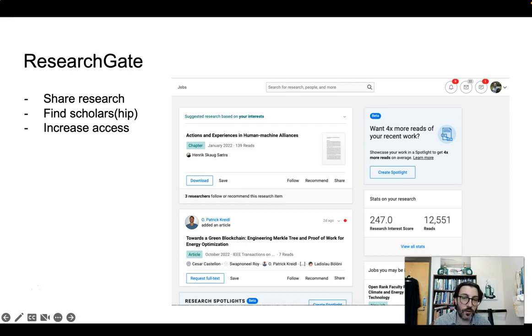And as I mentioned a few slides ago, this is a way that you can actually increase access, because people from the developing world and people from less affluent institutions can trawl through websites like ResearchGate, and they can find research that maybe they don't have access to through their libraries. But ResearchGate and others allow them to contact the author directly and to request that information so that they can have it sent to them, which is really helpful if they don't have a subscription.